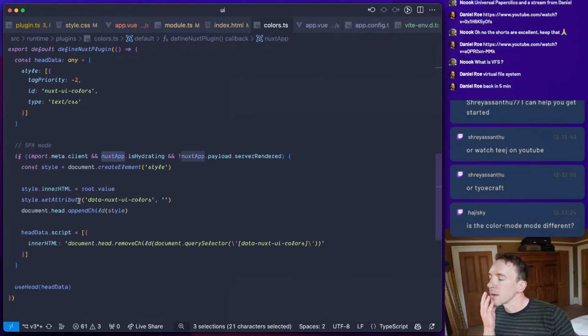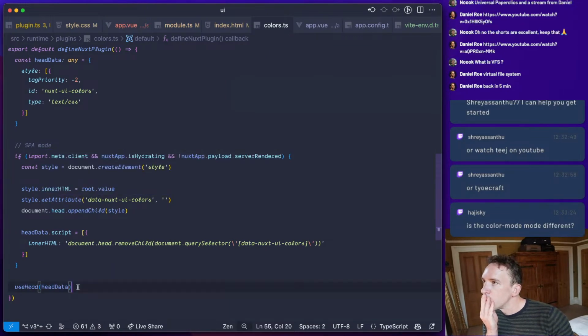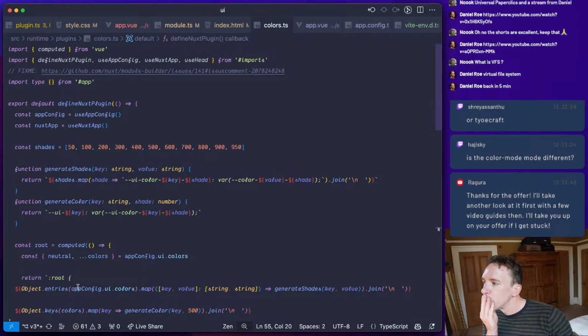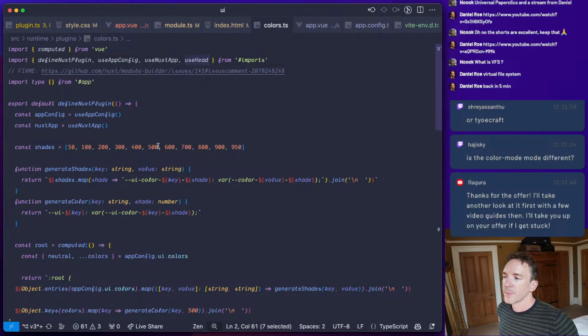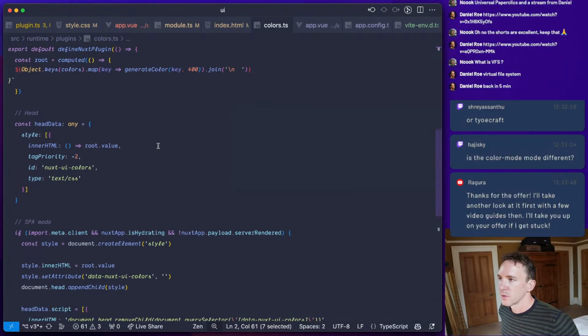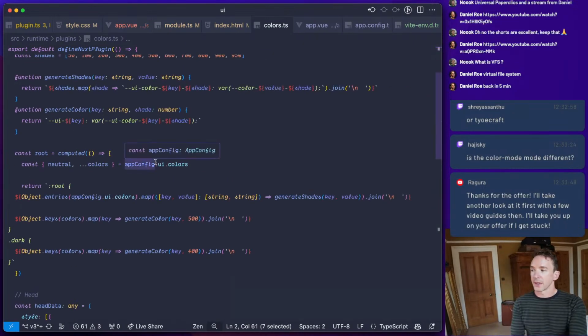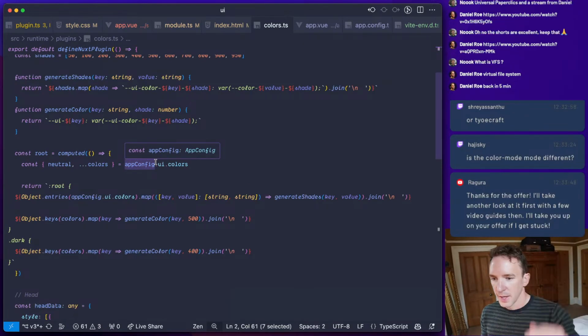So I think we probably need to use Vue use head or unhead. We probably need that as a dependency and to register it. And this is probably going to be important. Yeah, because this is where all the colors are coming from. Okay, so that's a very good point.